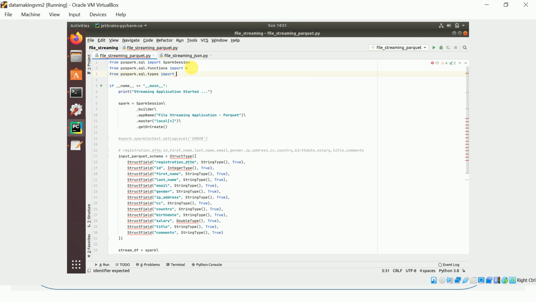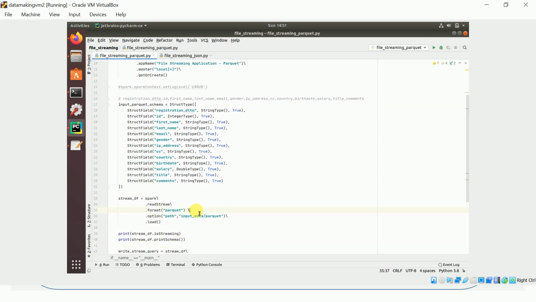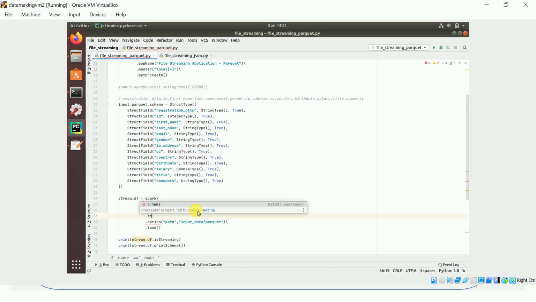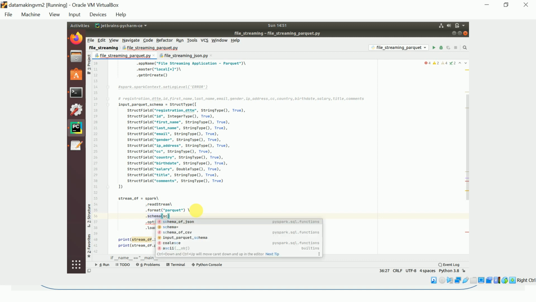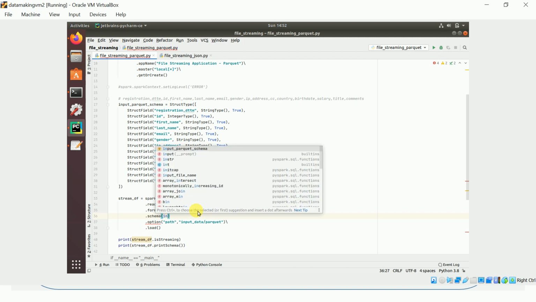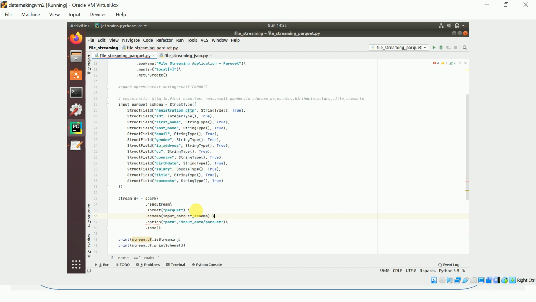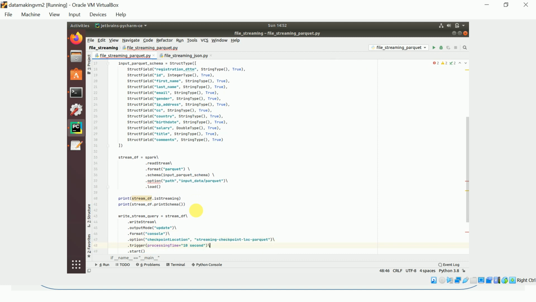This error will go off now. I will use this schema in my source definition. This is not JSON, this is the input Parquet schema. So that's it. We'll now run this program.